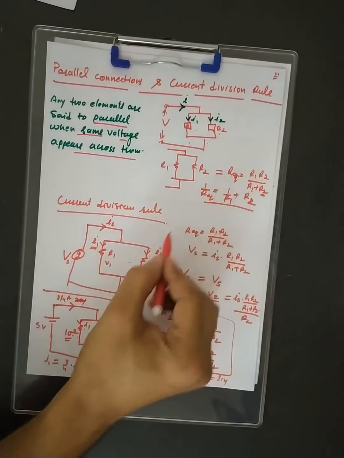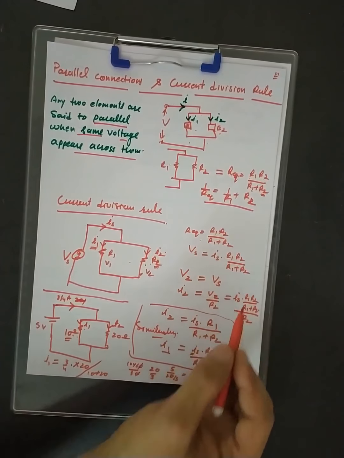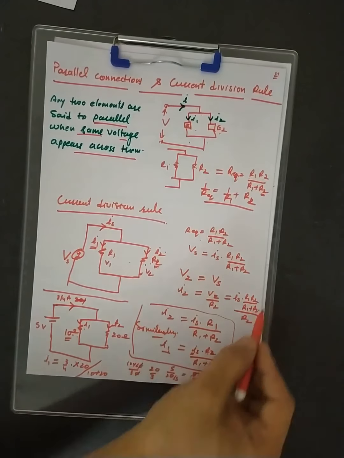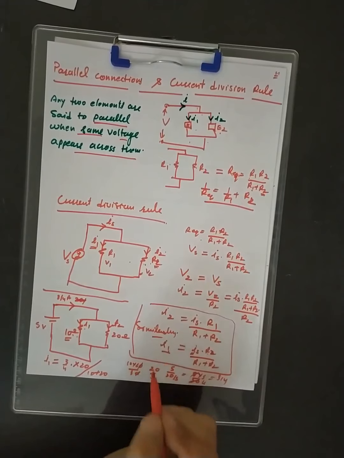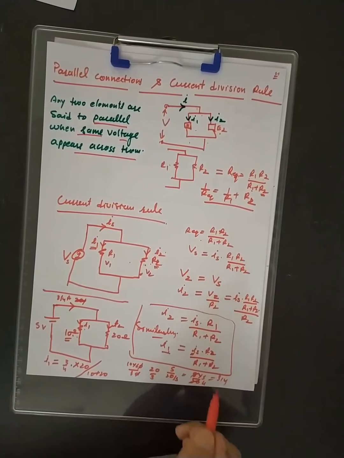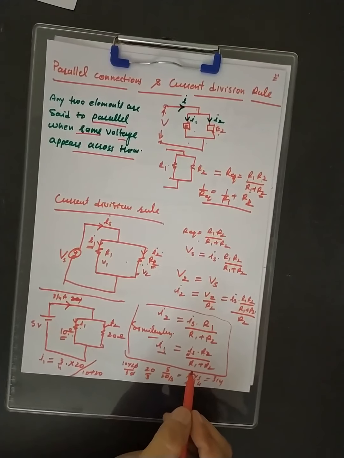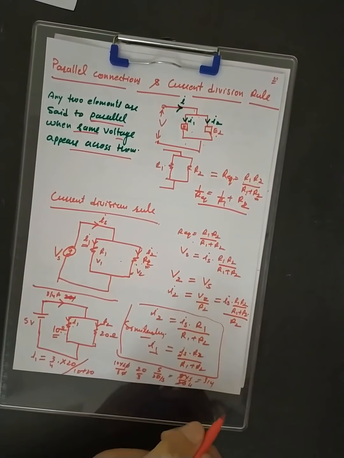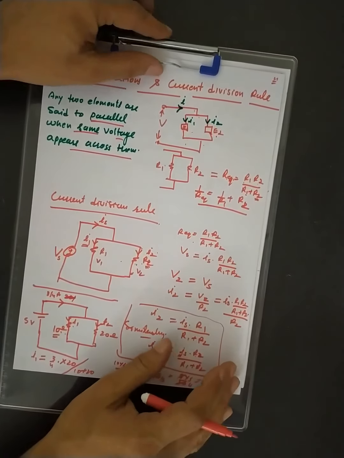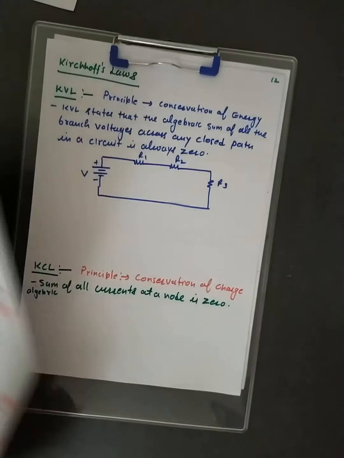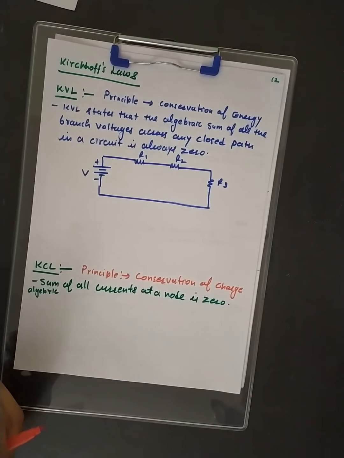So this calculation that we have done, we can save time by reducing the total calculation, and it is also easy to calculate. Also, without using any pen and paper, you can find the value of current through these elements by using the current division rule. Okay. So let me move on to the next.